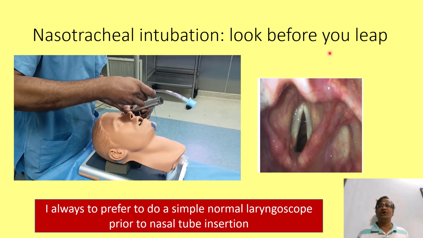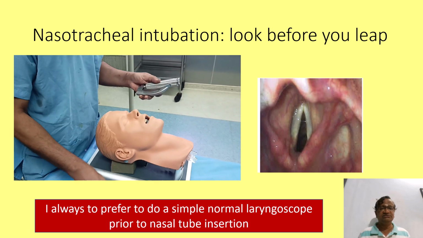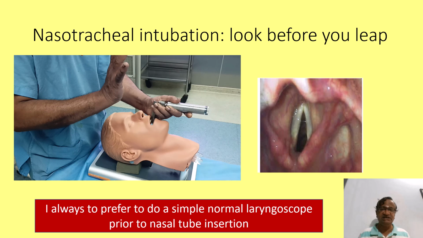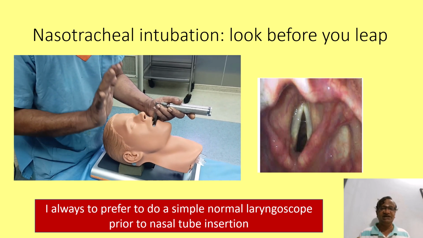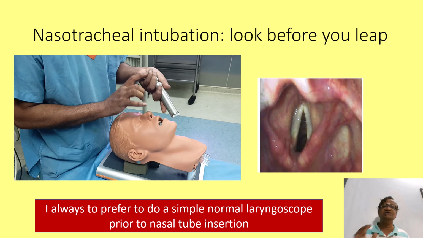Now, a nasal look before you start. I always put a simple normal laryngoscope in prior to inserting the nasal tube. Before you put the tube, always do a laryngoscopy and see your laryngeal view, whether you are able to intubate or not. There is no blood, we can do suction, everything is fine. Then you start doing your